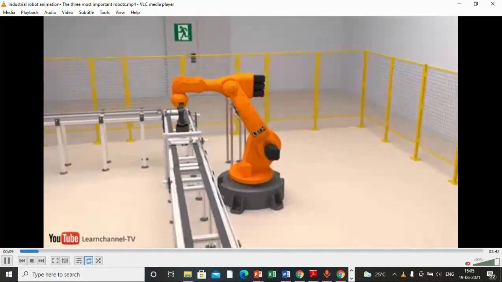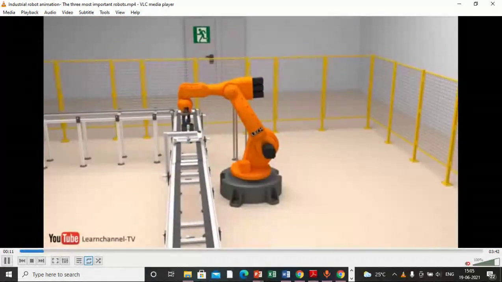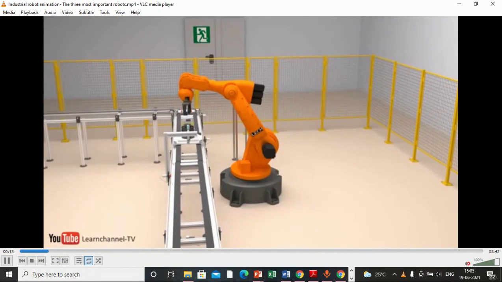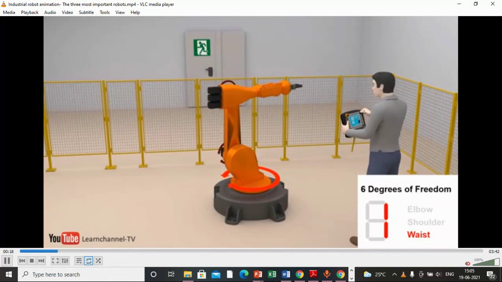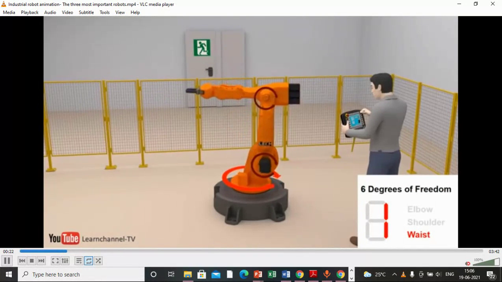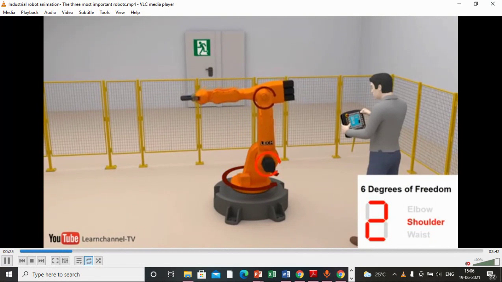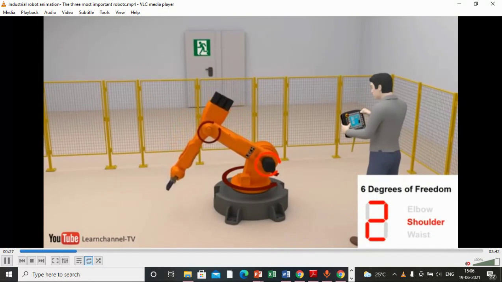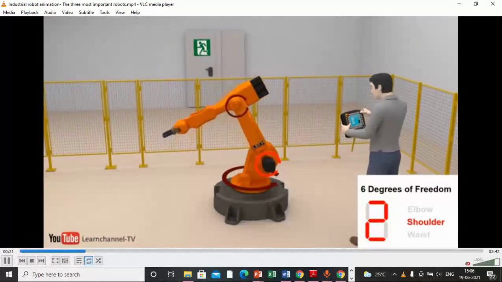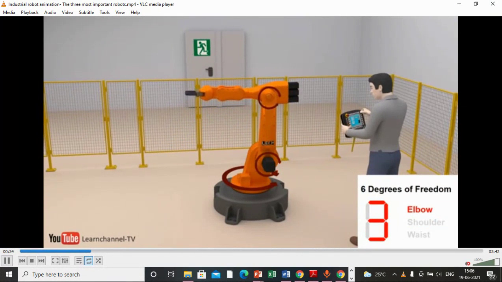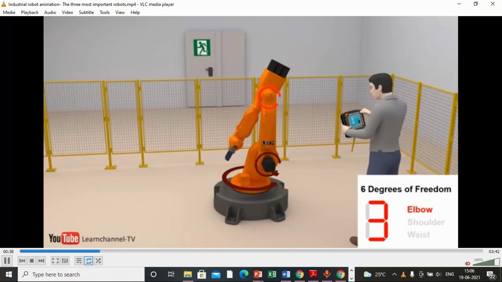In this video you can see there is a jointed arm robot which has a base fixed to the floor, and the particular link is a rotating link, and as per the human body it has all the kinds of constraints which are present in the human body or human arm: shoulder, waist, elbows.